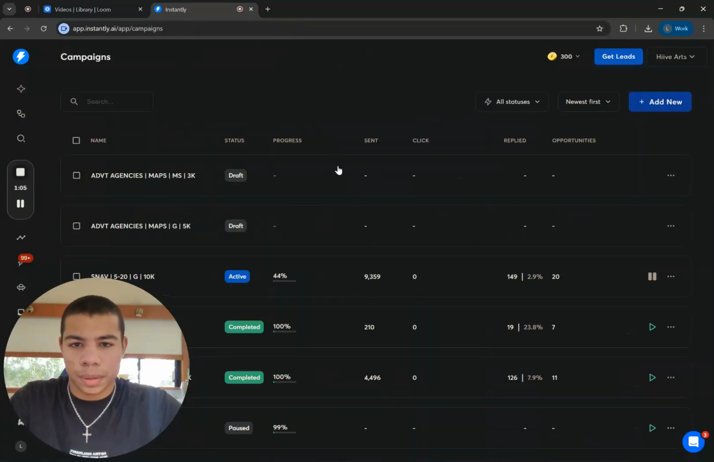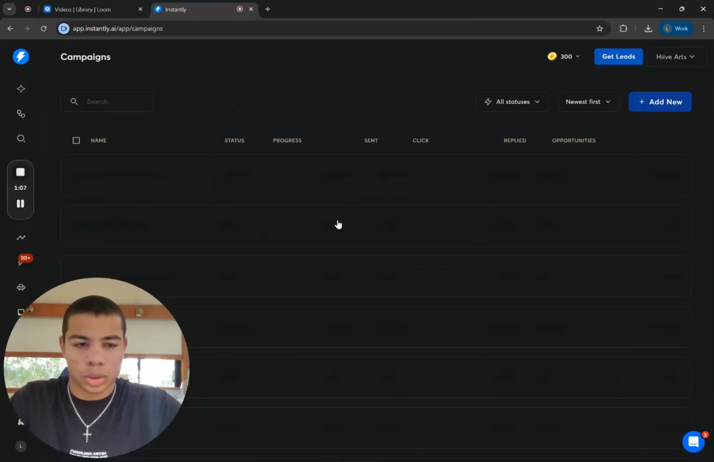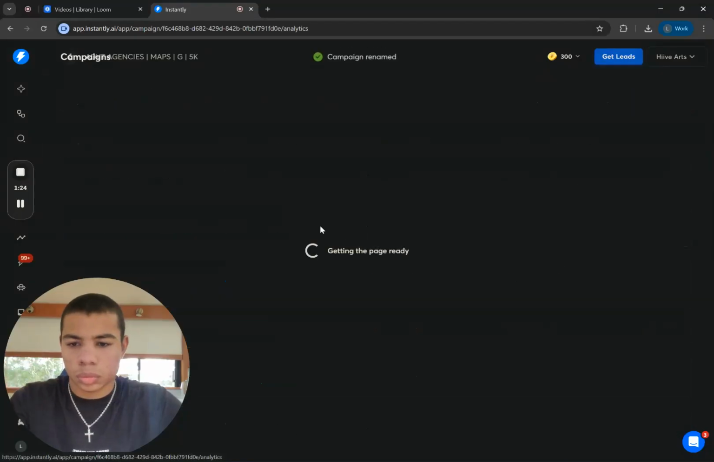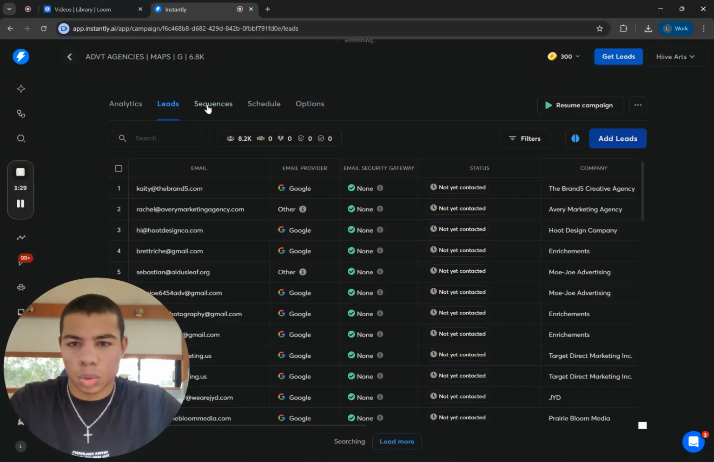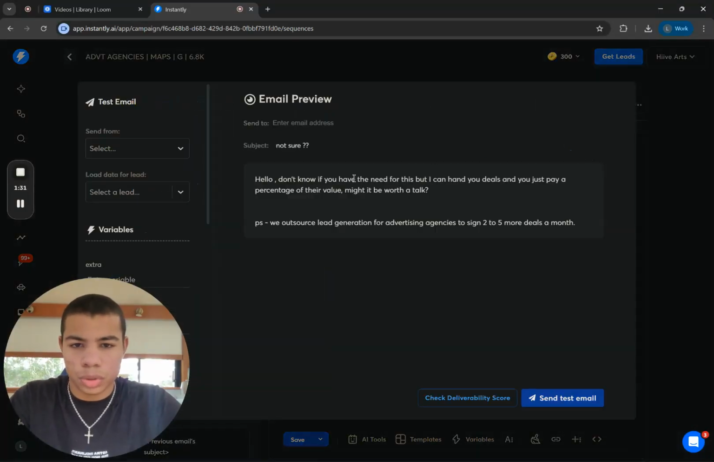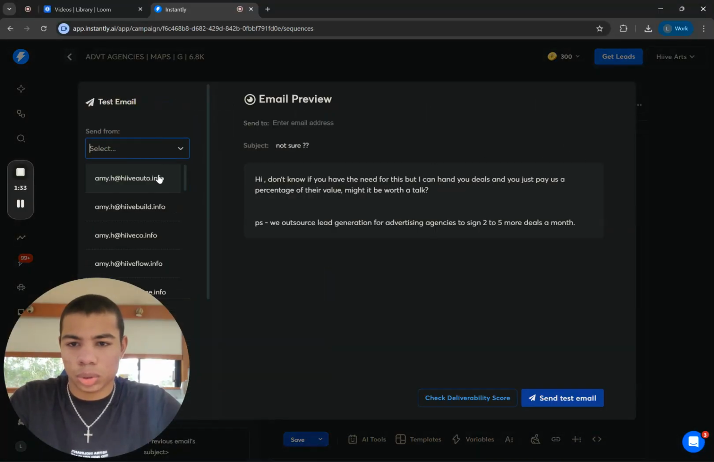Then go to campaign, and I'll just rename these super quickly. And then these should be ready to launch. So before I launch, I always just preview the sequences, select a couple leads, and make sure that it all